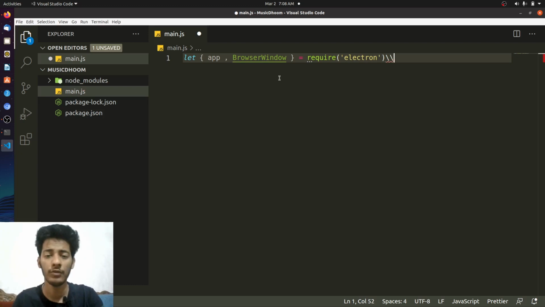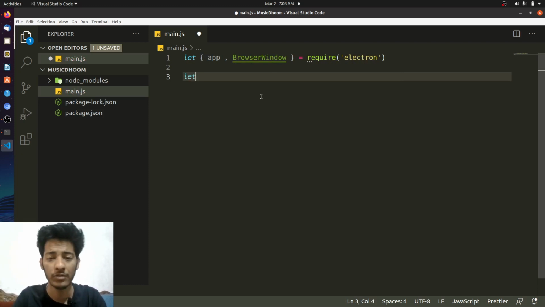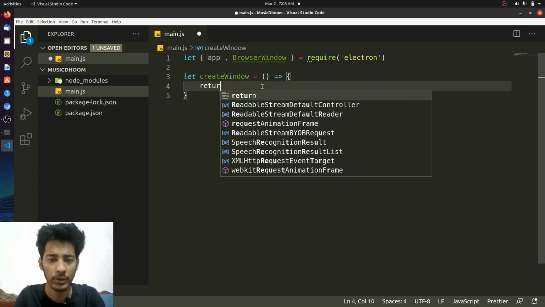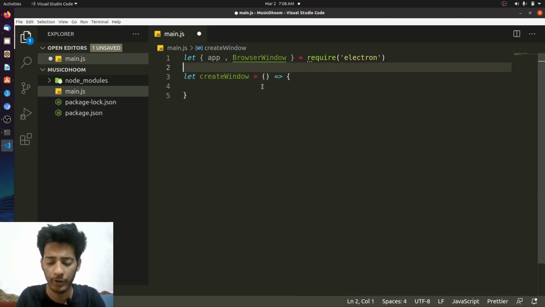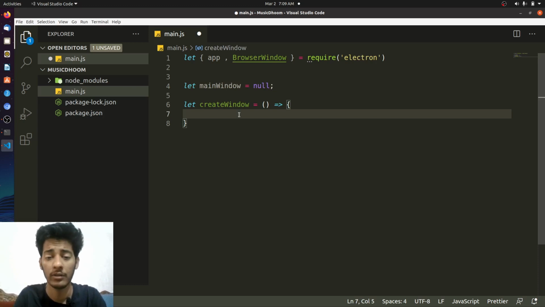First of all, there are some event listeners which will help us to create an application. Let's create a function that will create a window. So createWindow. Let's quickly create a window. First of all, let's declare a global window so that we can access it everywhere. So we'll say mainWindow is equal to null. Initially it will be null, and when we call createWindow, we'll simply say mainWindow is equal to